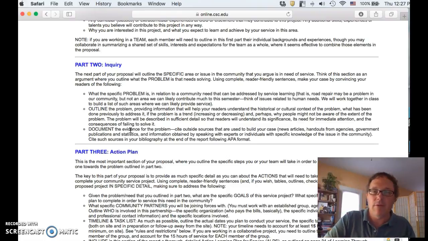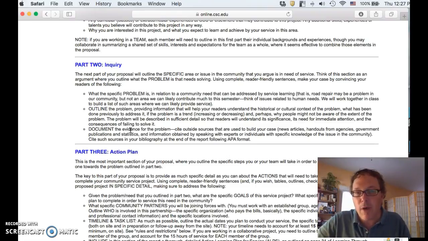The example is given there that road repair might be a very significant challenge in a community, but we don't have road building equipment, so we can't really go out and join the road crew and fix potholes. You need to pick something that has an element that you can apply as a college student, your own expertise. You need to outline what the problem is, what you think the cause of the problem is, and then you